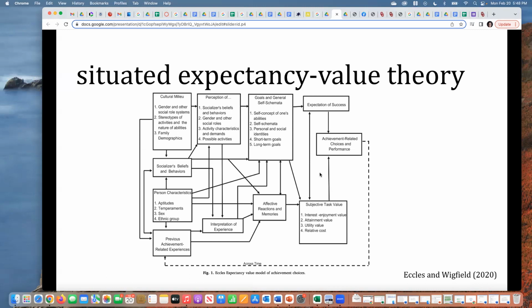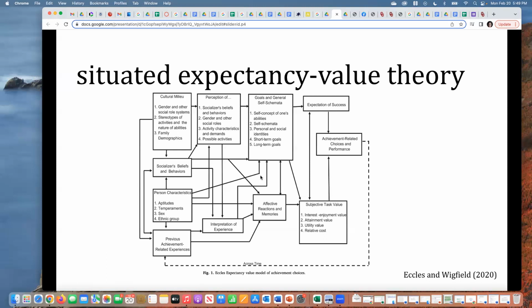With that being said, there's obviously a lot of complexity within this model, and it is not my goal for all of you to have a perfect and detailed understanding of all of the different intricacies of this model moving out of this course. In fact, I don't even know if I could recite or explain all of these individual components of the model from memory, because that's not the point. Instead, I'm going to direct your attention to a few key bottom lines and tenets that I want you to pay attention to with regard to what this theory proposes about motivation.